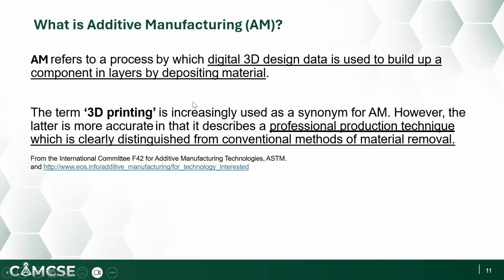The term 3D printing is also often used as an alternative to additive manufacturing, but in fact, additive manufacturing is a more accurate term because it describes a professional production technique which is clearly distinguished from conventional subtractive manufacturing processes where materials are removed